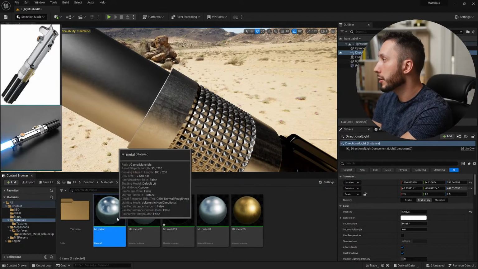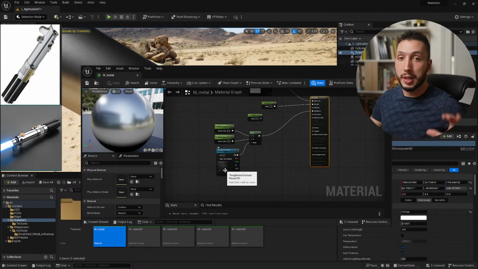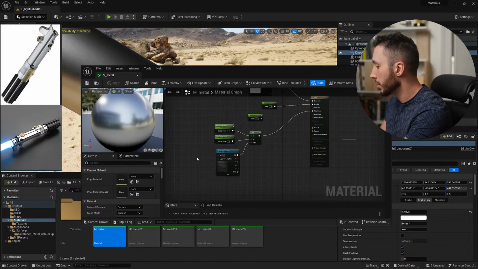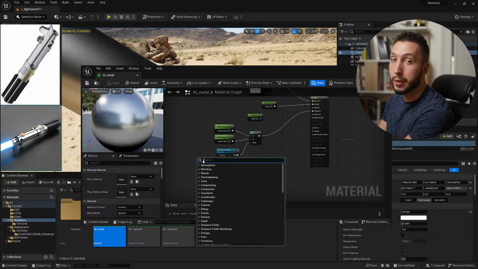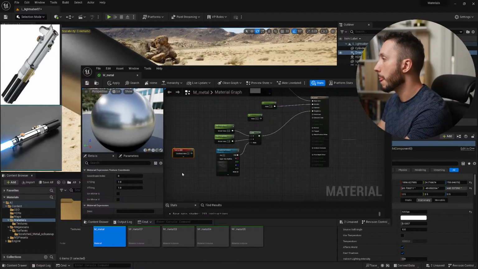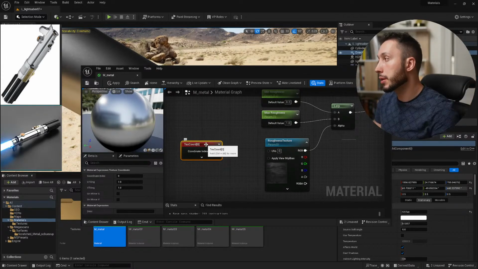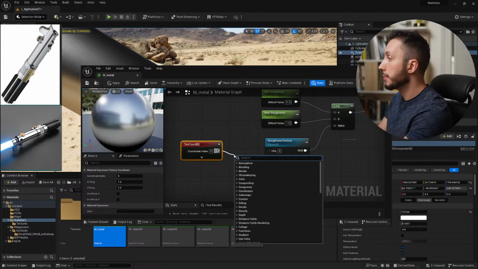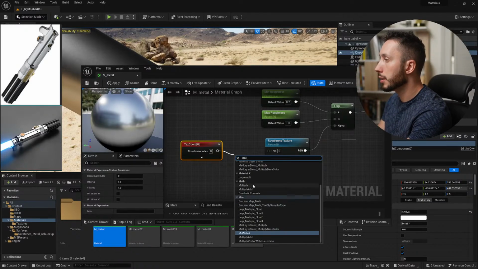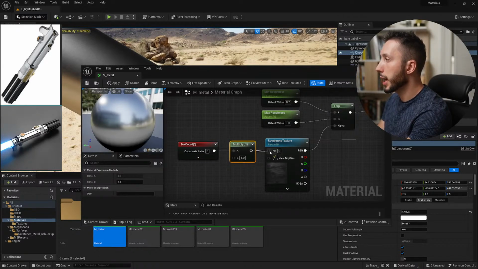So if we come back to our master material, in order to modify the placement of the texture on the surface, I'm going to right click and make a new node, which is going to be called coordinate. So texture coordinate. I type in coordinates and this will come up, texture coordinate. And this is basically like a map for where the texture should be on the surface. So if I drag off of that and I type in multiply, and I plug that into the UVs,